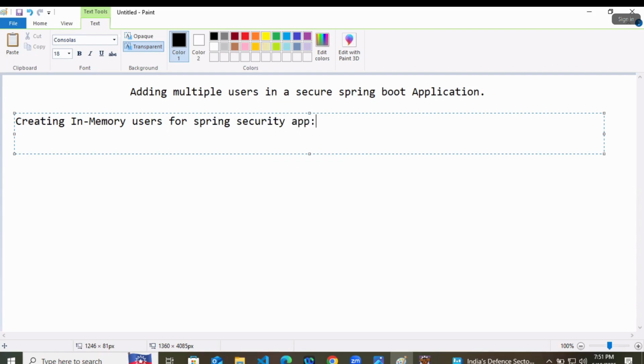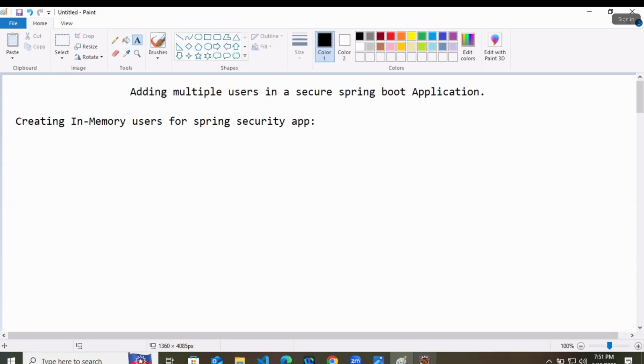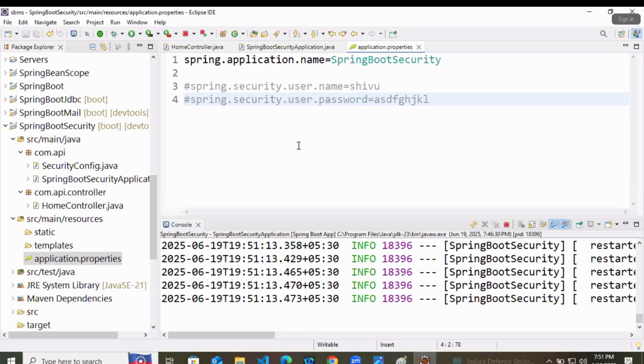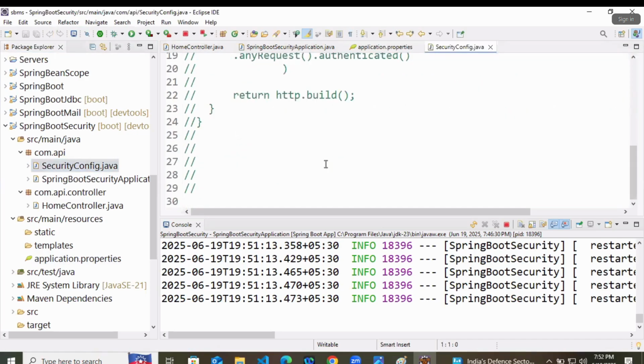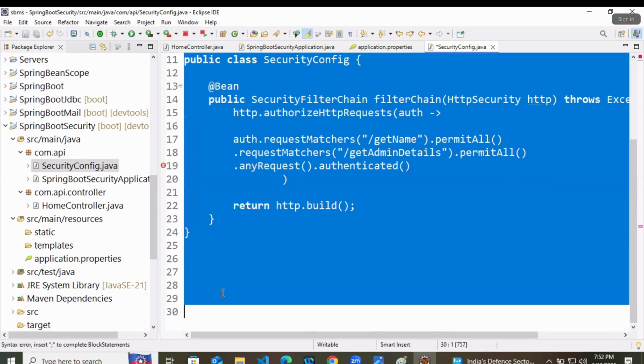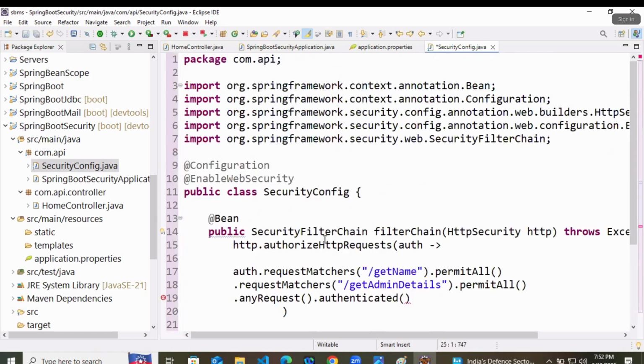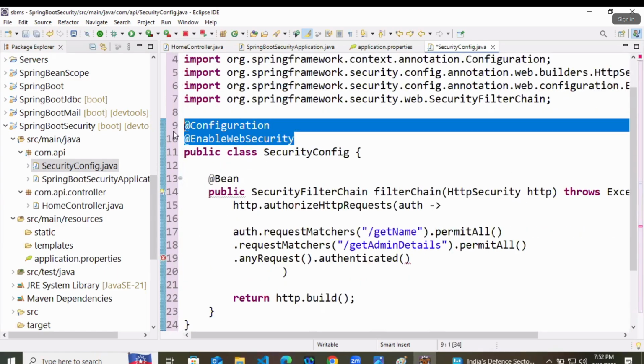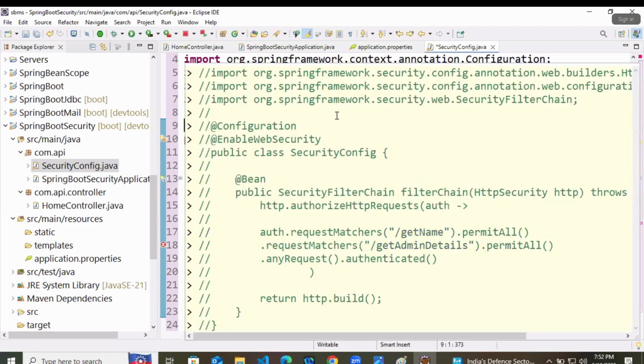I'll first write the code for it and then explain it, so at the same time we will do both. Yesterday we created one security config class, right? So I'll just remove the entire code.